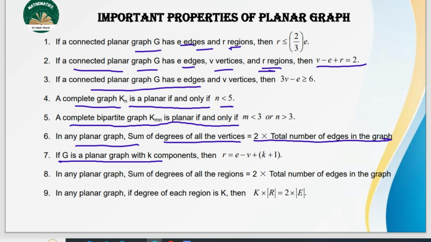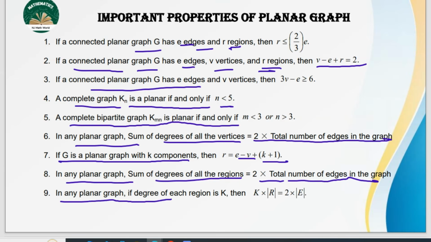If G is a planar graph with k components, we can write R is equal to E minus V plus k plus 1. Then in any planar graph, the sum of the degrees of the regions will be equal to 2 times the total number of edges in the graph. If in any planar graph, the degree of each region is k, then k into